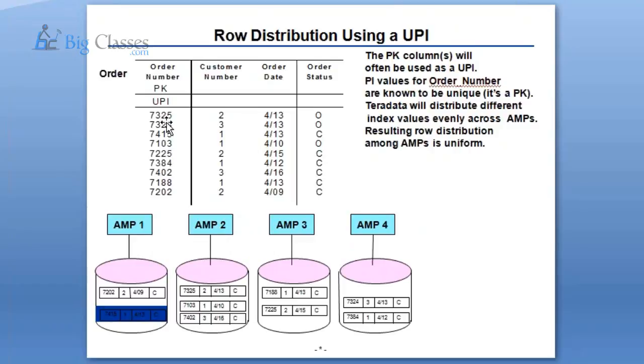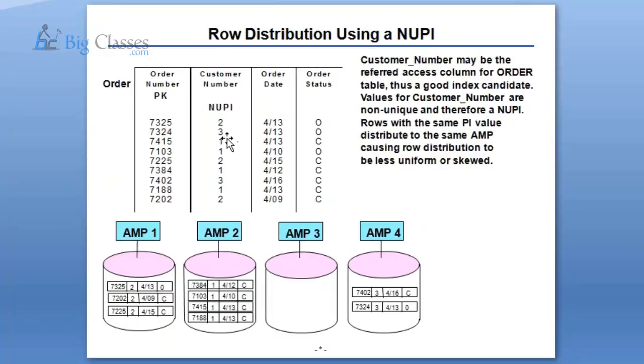Unique primary index means there are no duplicates in the primary index. But when you say NUPI, there are duplicates available. In UPI, there are no duplicates allowed. So all the data is distributed equally, because it's more uniformly distributed whenever you use a unique primary index. Whereas when you say non-unique primary index, which can be applied on a non-unique column, like here, the customer